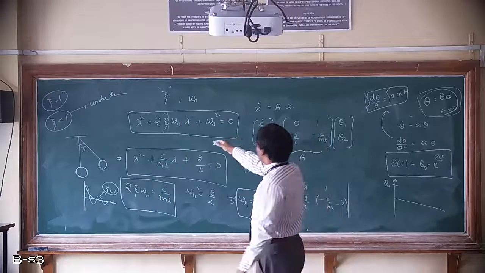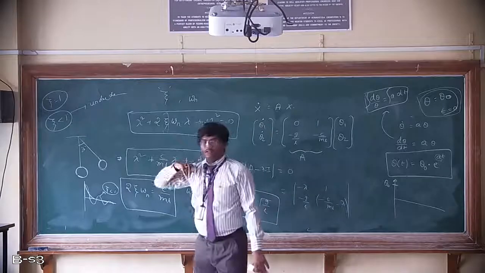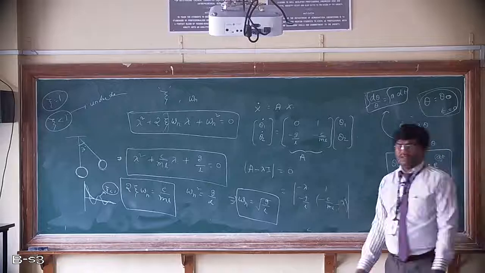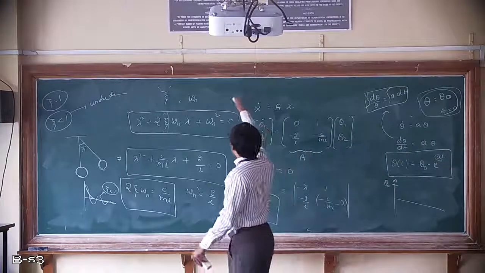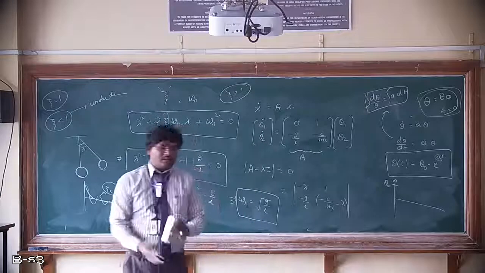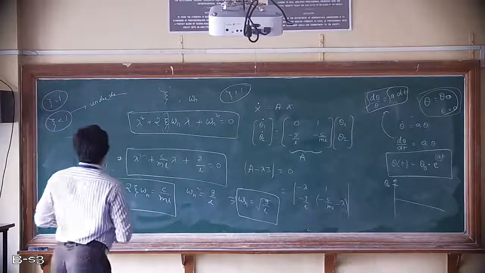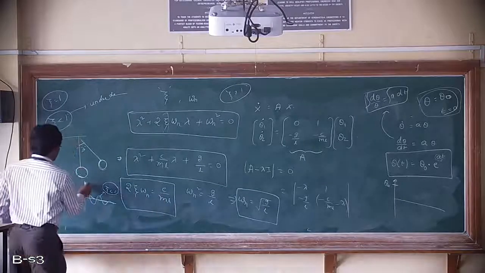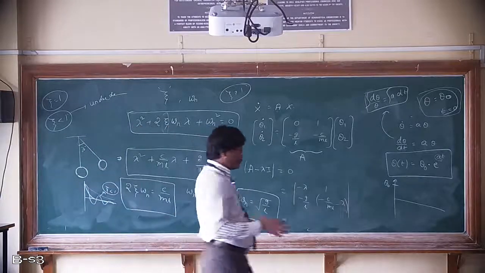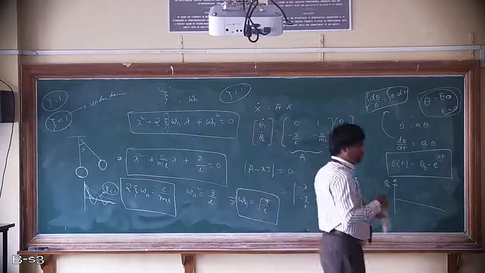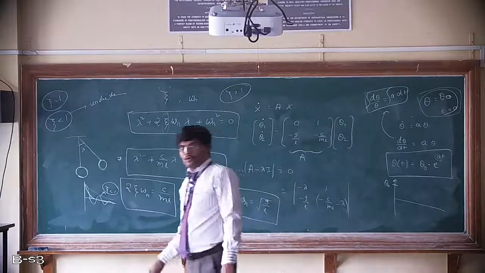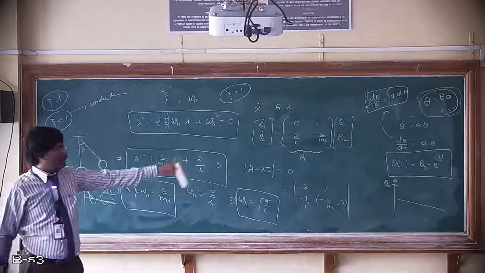If zeta is less than 1, that is called as underdamped system. If zeta is greater than 1, that is called overdamped system. At the time damper is more powerful and that system doesn't come to initial condition. It doesn't come to original position, somewhere up to infinity. Right? Are you getting? Just think about this thing in spring mass system. There you will understand. There we are using dampers.